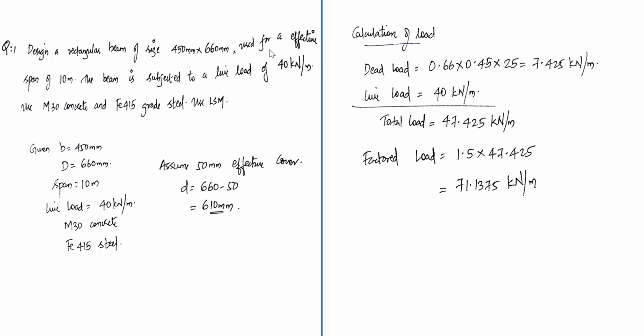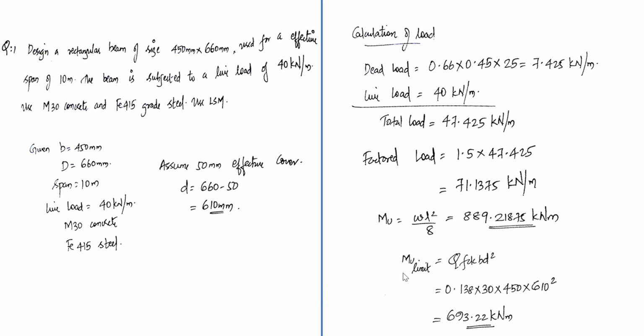Since it is live load and dead load, we apply the factor of 1.5, that is 1.5 into 47.425, you will get 71.1375 kilonewton per meter. The ultimate moment, or the design moment, is wl square by 8. W is 71.1375, L is 10 meter, divided by 8, you will get 889.21875 kilonewton meter,